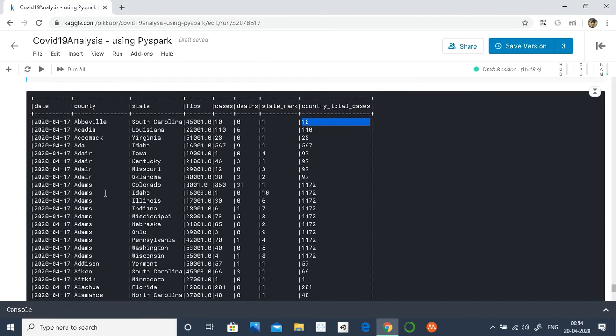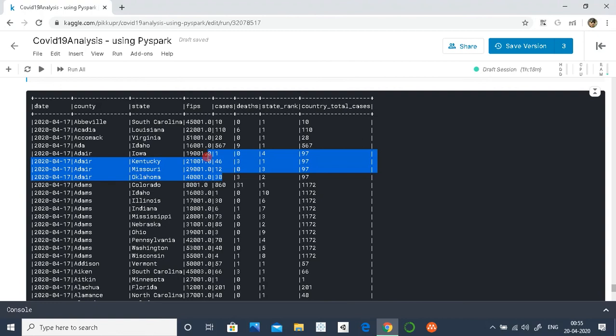Let's take the example of Adair. In Adair, we have 4 states and the sum of cases, which is 1 plus 46, which is 47. 47 plus 12 is 59, plus 38, close to 97, right?